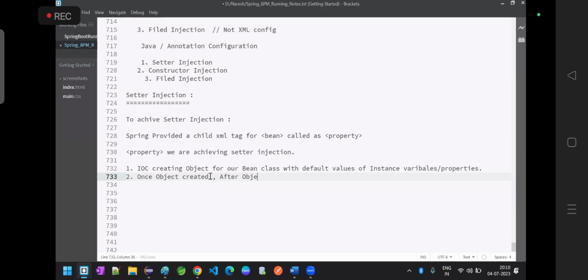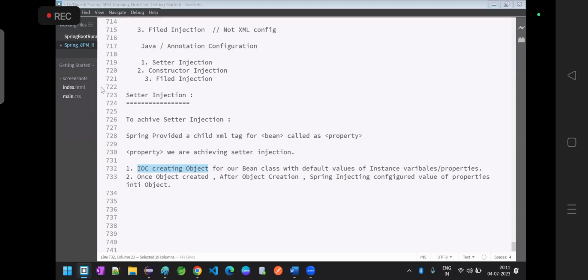Okay, after object creation, Spring injects the configured values of properties into the object. Okay, so what Spring is doing, first step, it is just going through your bean configuration, and it is feeling like, okay,